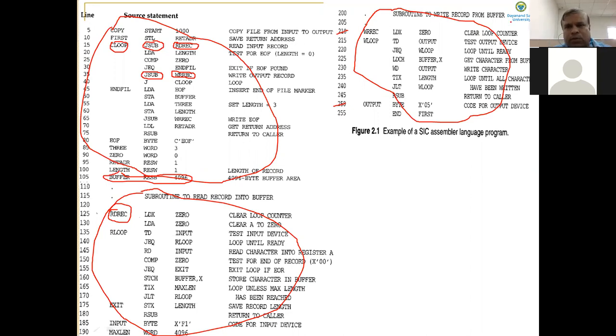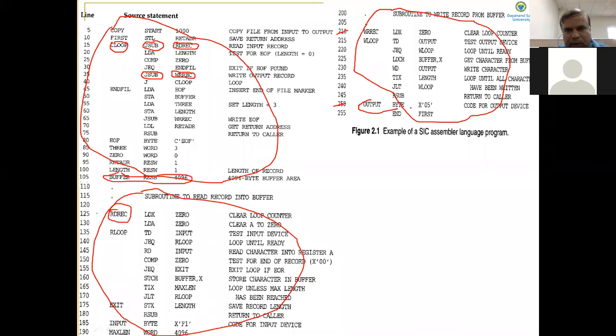So what is the function of this subroutine? WRREC stands for write record. This subroutine will write the record from the buffer onto the output device. And the device number is specified at the bottom here.